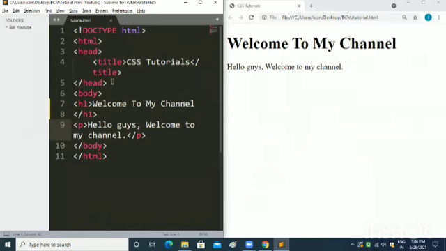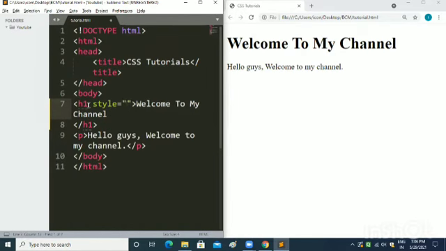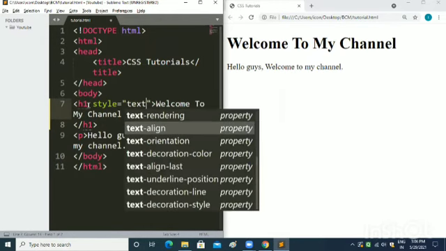So the first way to add CSS to your website is to write a style attribute in every tag in which you want to give CSS styling. So I will write a style attribute in the h1 tag, and in it I will write text-align equals center.